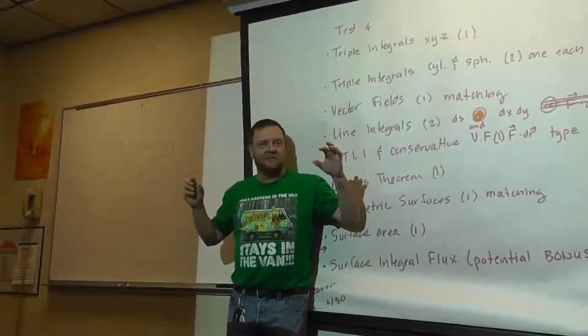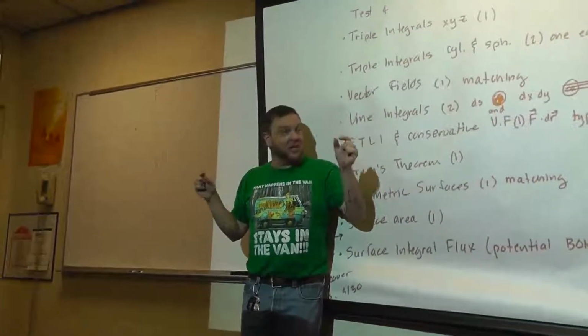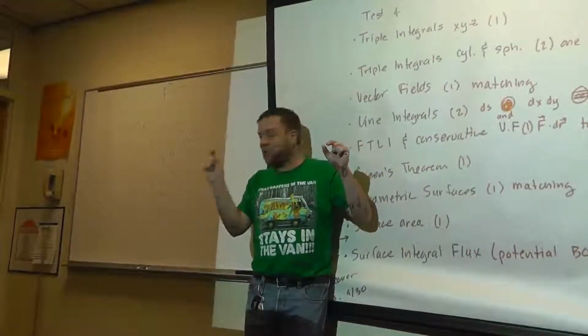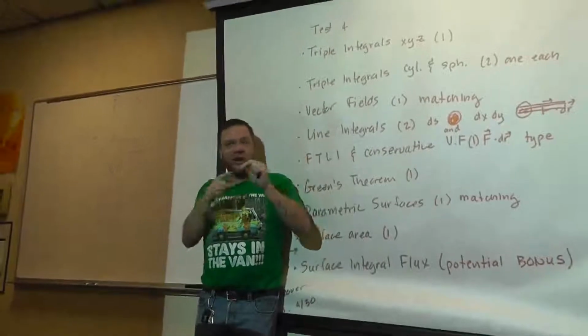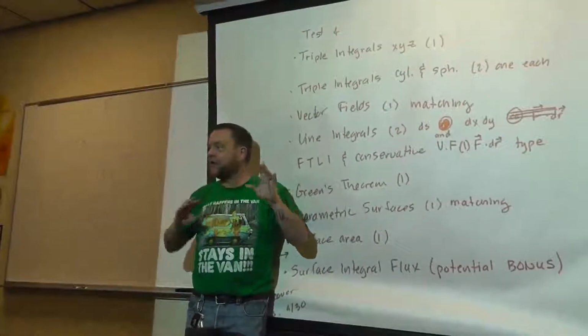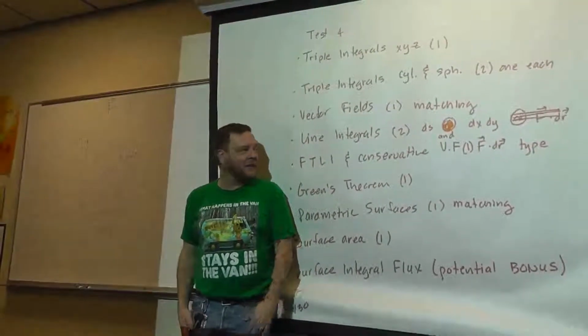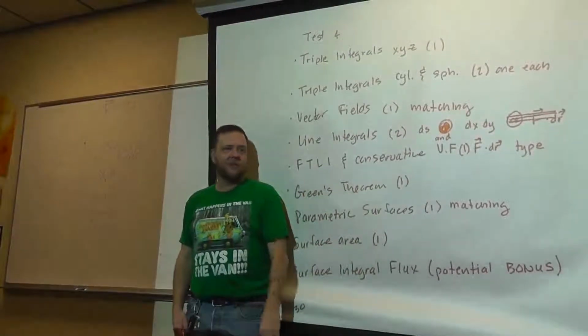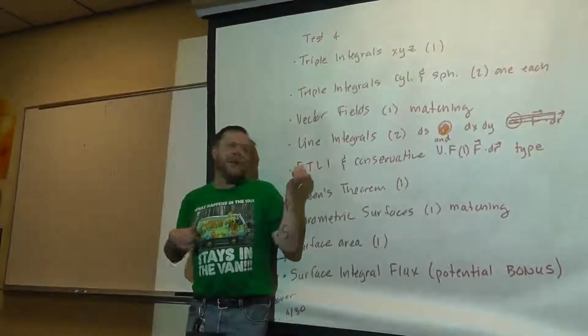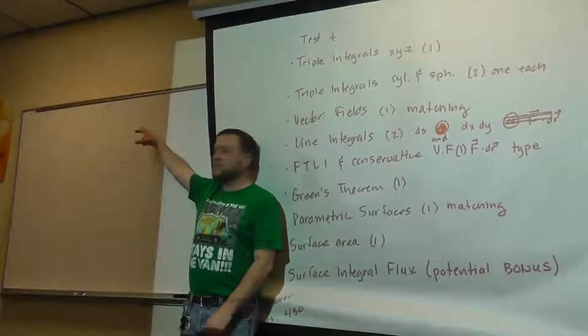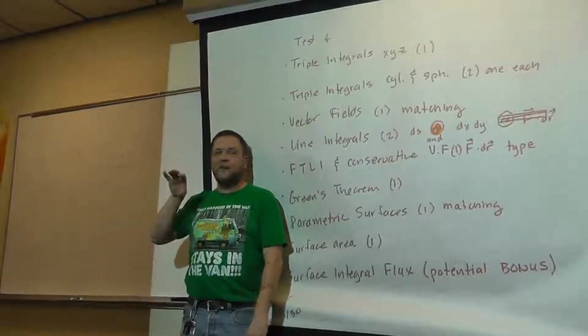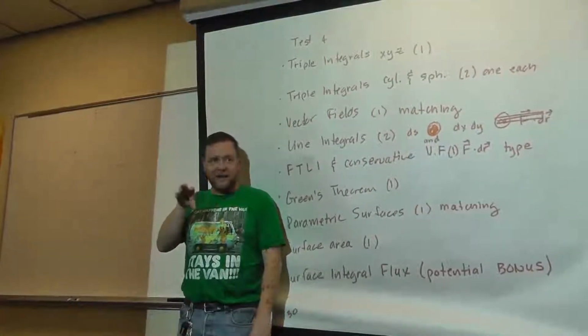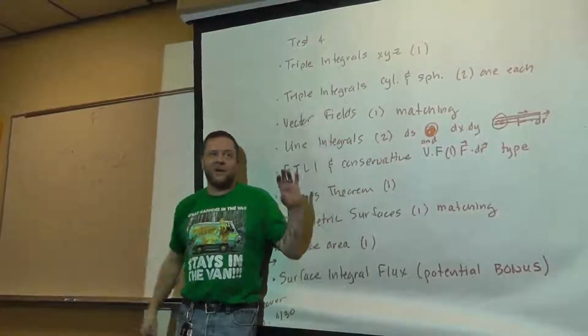So in a conservative vector field, any path that connects point A to point B, whether it's a straight line or a semicircle or a sine wave or anything, would have the same line integral value when you do its F dot dr line integral. So the FTLI says you can find this little f function and do little f evaluated at your end point, plug in x, y there, minus little f evaluated at your begin point.